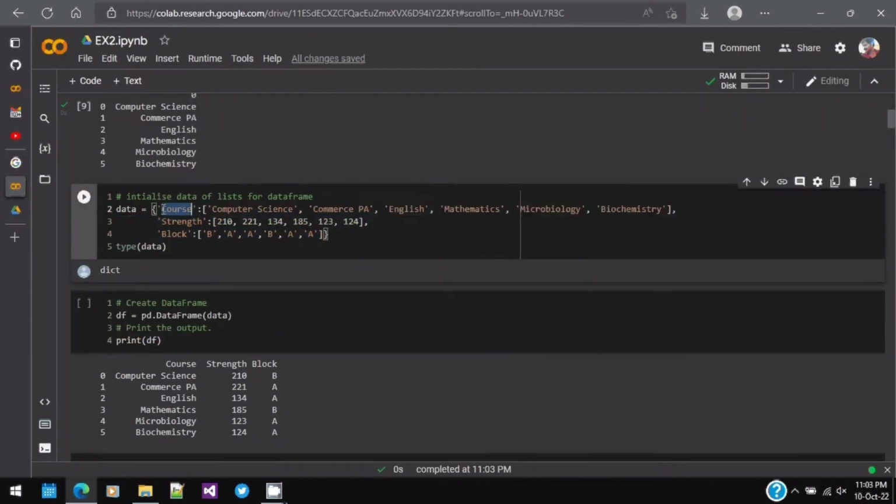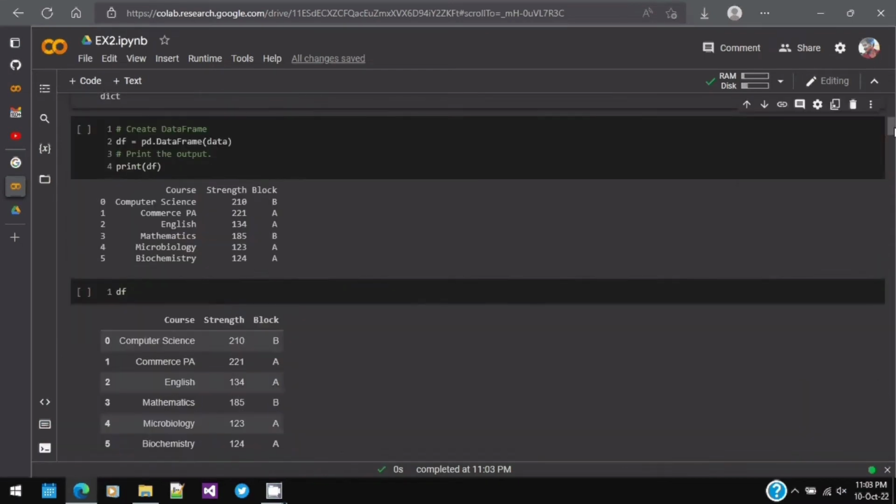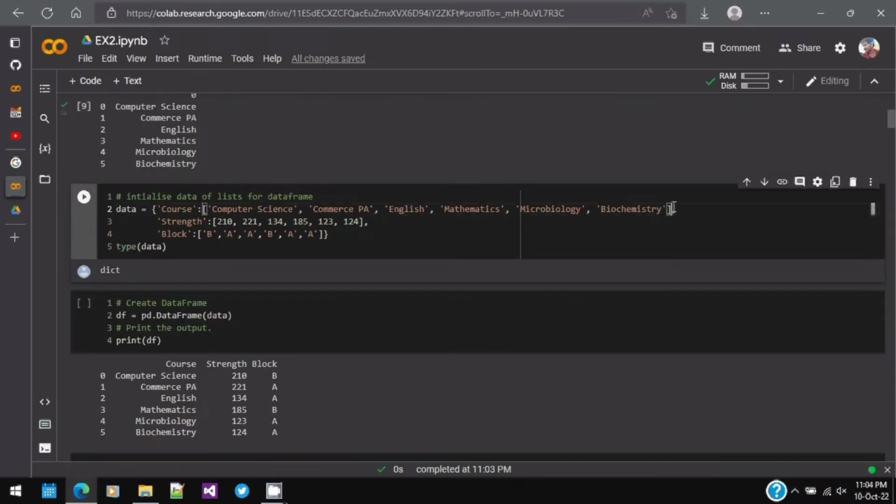So next, continuing to the dictionary. I'm sure you have heard the word dictionary in the previous video. We have used a dictionary for sentiment analysis also. So we are creating a dictionary. You can see that data is a variable used to store the dictionary, and we initialize the dictionary using curly brackets. We open it up here and give the key as course, and the value is actually a list. Remember the list we created earlier; I just copied the entire list and pasted it